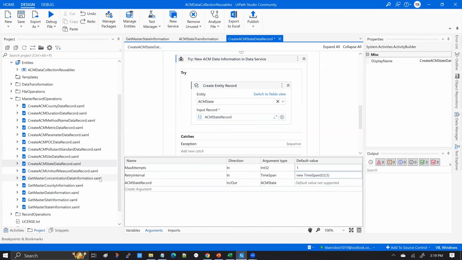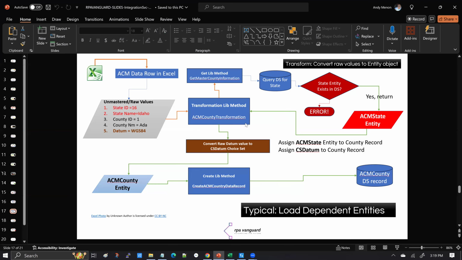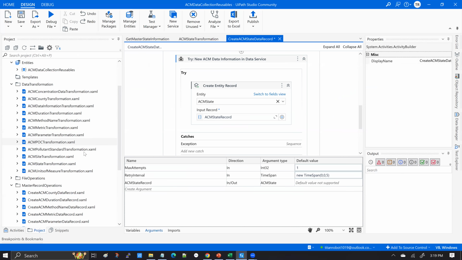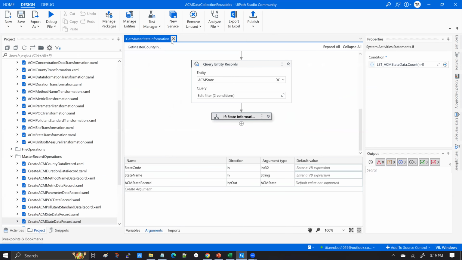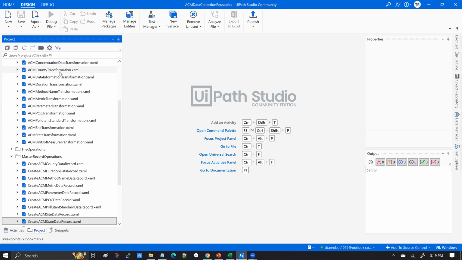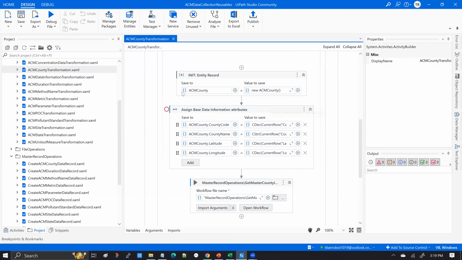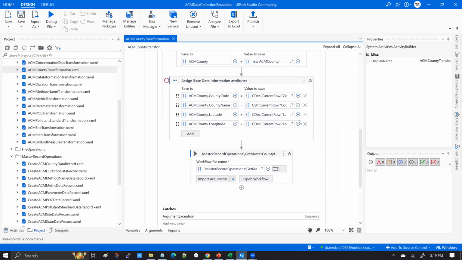I'm going to open this method, ACM county transformation. I'm going to go into data transformation, ACM county transformation. Let me close all of these. And here you can see the first thing it does is it creates an empty ACM county instance, and then it assigns the base values for the county. What are the exclusive values for the county? The county code, the county name, the latitude and longitude. They all come from your